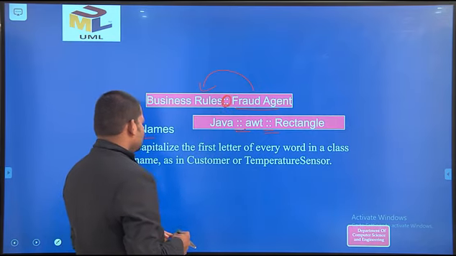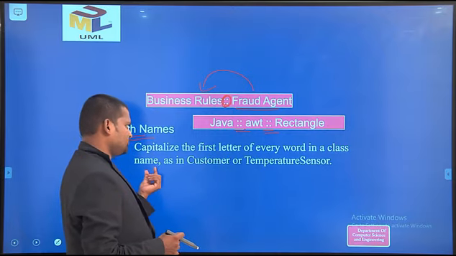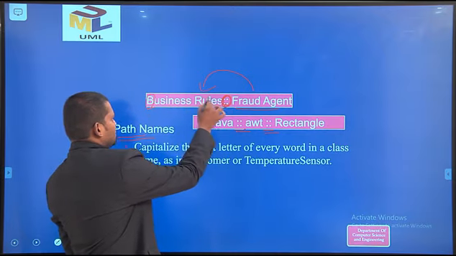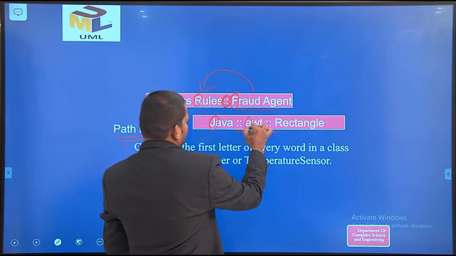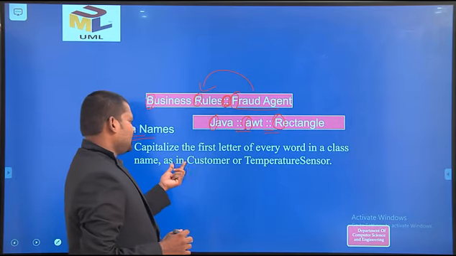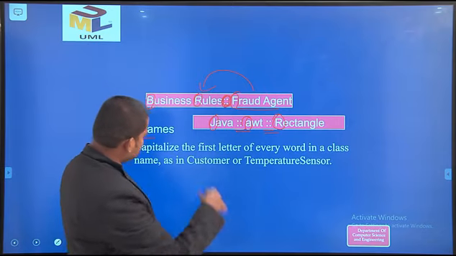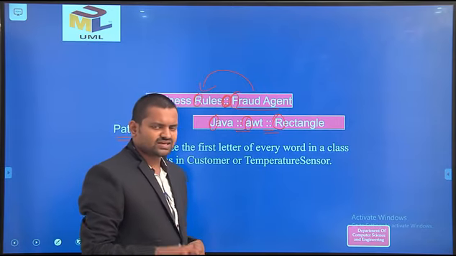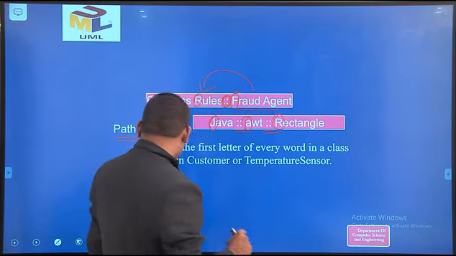Right. So capitalize the first letter of every word in a class name. You capitalize the first letter of every word in the class, as in CustomerOfTemperatureSensor, like that, as in the previous class. Likewise, you can write every class name with the first letter as a capital letter. Right. Next,